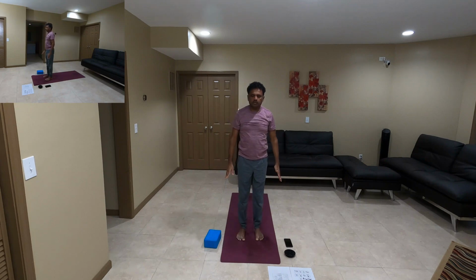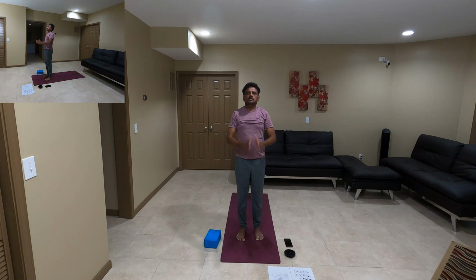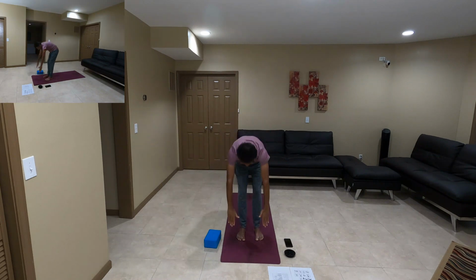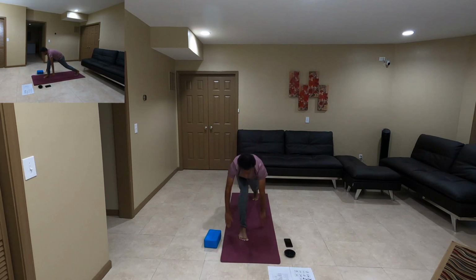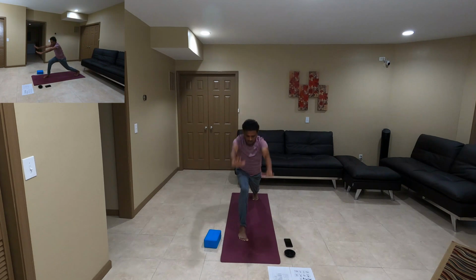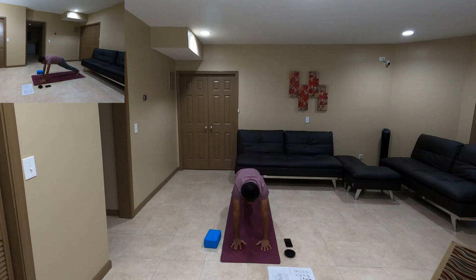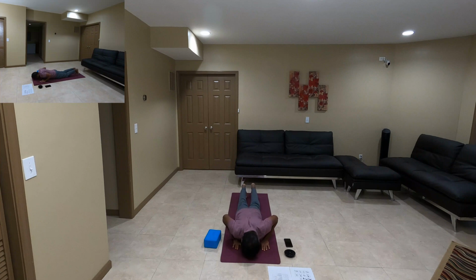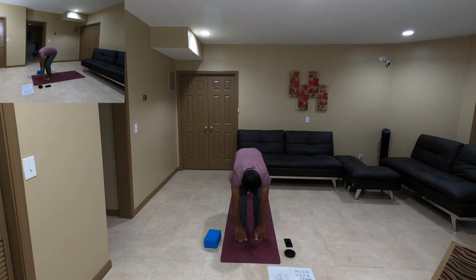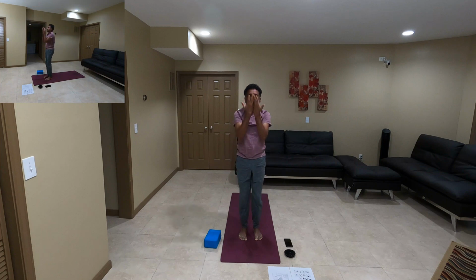Second set a little bit more faster. Hands to the heart, hands to the sky, back bend, forward pull, left leg back, hands to the hip, hands to the sky, hands to the ground, plank, vinyasa. Forward pull, calf lift, forward pull, hands to the sky, hands to the heart,